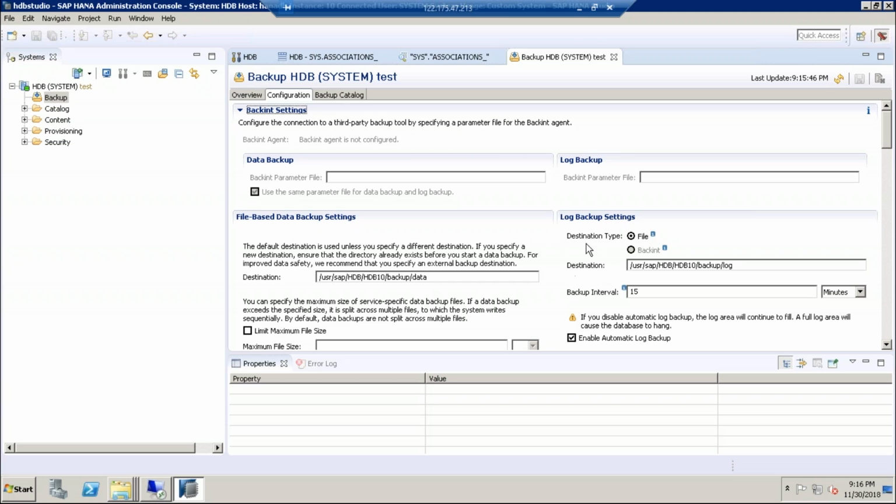It means, as you said previously, if I want to take the backup in the HANA database, what will be required? A backup instance agent is required. Otherwise it's not connected, and you need to install the third-party tool. Below that, you can specify the parameters. What parameters are there here? Backup INST parameter name, data backup parameter and log backup program. Okay. If you don't have a third-party tool,